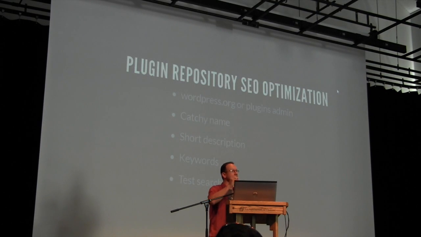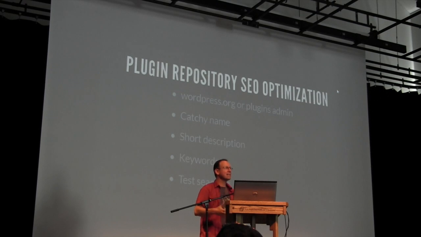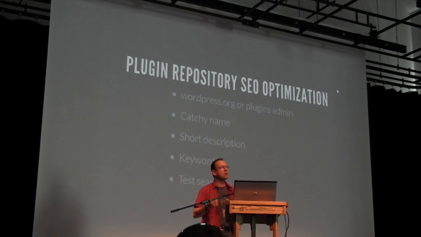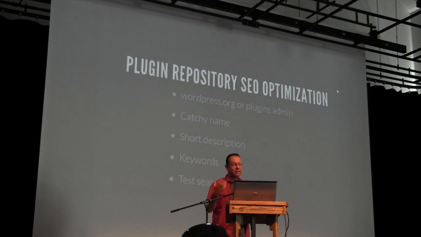If they're in the admin, all they're going to see is the name and the short description for your plugin. So you need to make sure that you have a catchy name and that you have a very concise short description for your plugin that very easily conveys what it does. If people are looking on the .org site, of course then you can have large descriptions and FAQs and all sorts of things, but those are two very different discovery mechanisms for users. You should also do general testing: as I mentioned before, check who your competitors are and check for main keywords to see what else is going to come up when they're looking for what you've created.